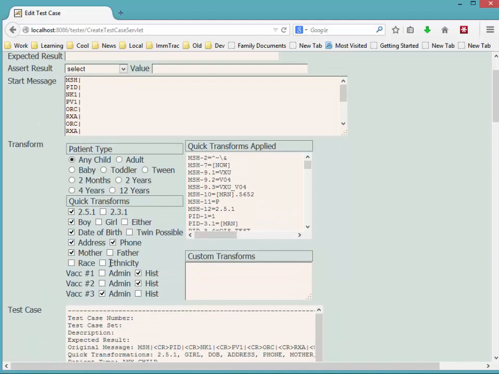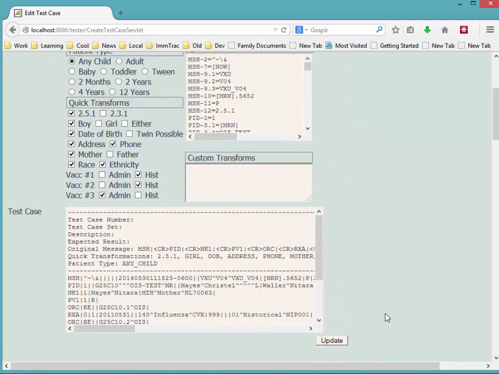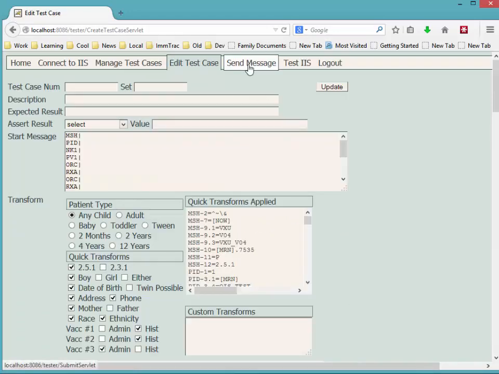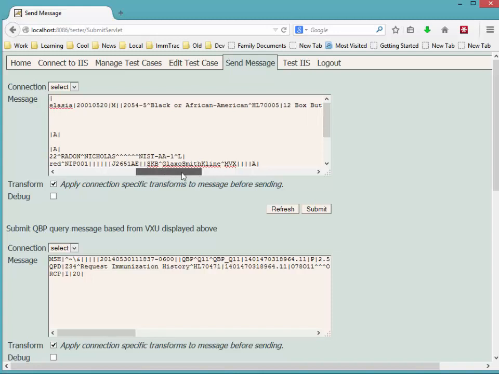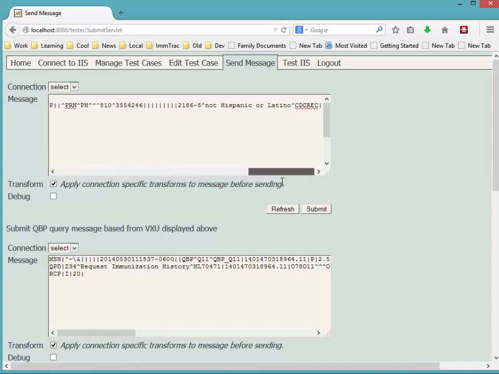And let's say we want the ethnicity filled out as well. Update it. Send message, and we should have, this person's race is black and ethnicity is not Hispanic or Latino. That's been filled in from the list. Again, you see there's an address in this message that was automatically filled in. This is not a real address. But this part is a real zip code that goes with a real city. This address is entirely made up,